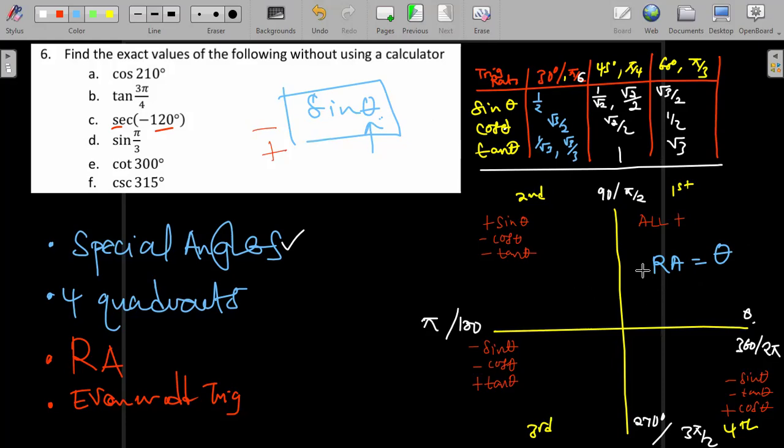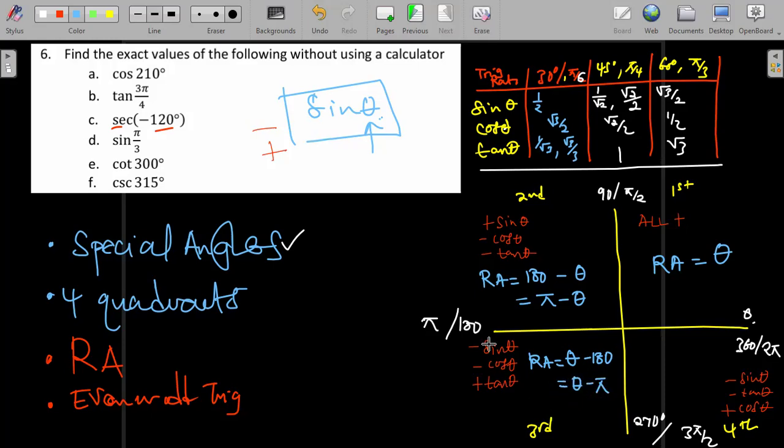When you come to the second quadrant, the reference angle will be equal to 180 minus the angle that you've been given in the question. Or if it's an angle in radians, pi minus theta will be your reference angle. When we come to the third quadrant, our reference angle will be equal to the given angle minus 180 degrees, or we can say the given angle minus